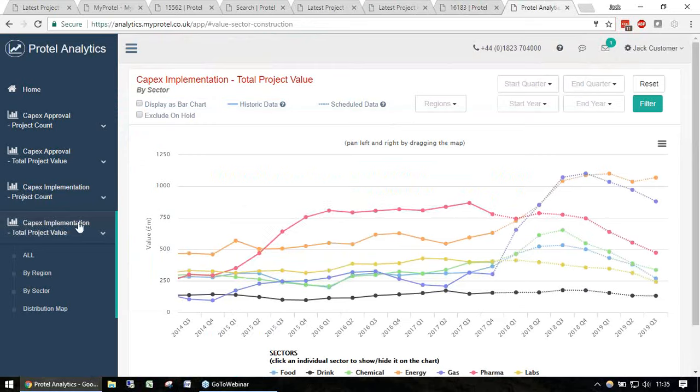We've got several different statistical views. Now, all of the data is taken from MyProtel. So you've probably used a lot of forecasting software in the past, or bought reports that give you industry outlooks and that sort of thing. And there is value in those things. But what's interesting about analytics, in my view, is that this is based on our individual researched project opportunities that we're following through their life cycle. So this is not a forecast necessarily in the strictest sense of things. This is actually based on reality, which is really useful, I think, from a reporting and managerial and